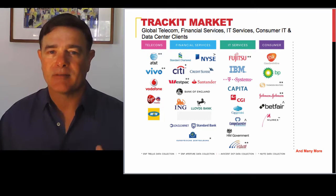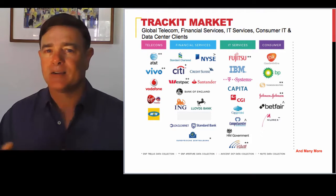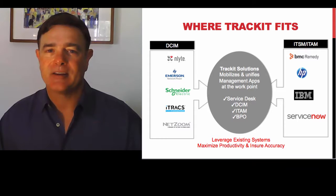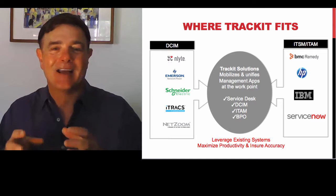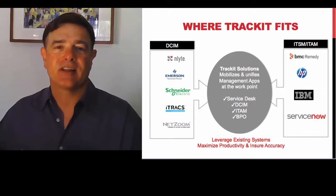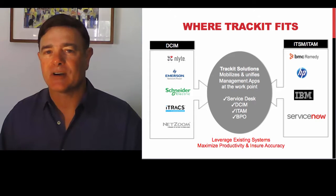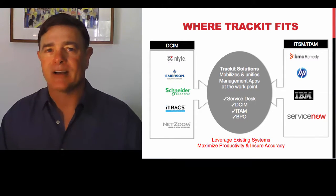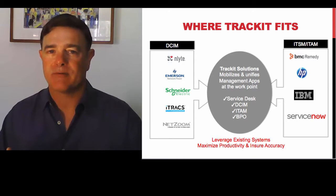This ruggedized mobile tablet connects back into a back-end database, and the database has API connectors into service desk applications like Remedy, BMC, ServiceNow, HP, and they also have DCIM, Data Center Infrastructure Management, connectors into applications like Enlight and Aperture and Schneider. So they're really a middleware solution that's mobile that allows you to download information from both those